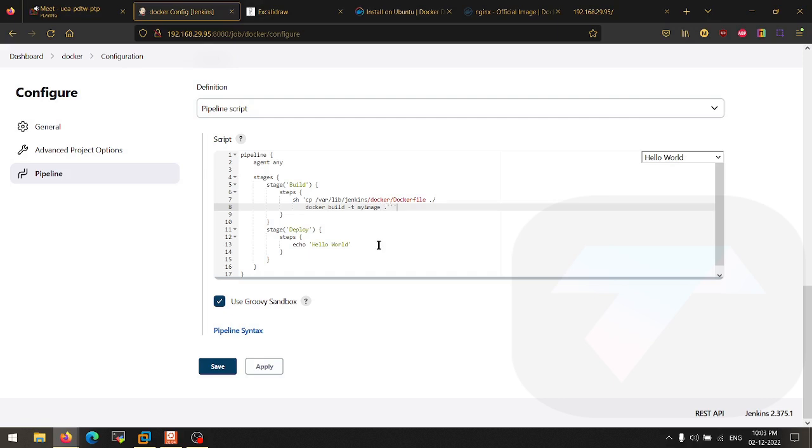Now as you guys can see, there's some issue in the syntax, so I'm just using triple exclamation marks so that it can go whole green. Now this will be working fine. There will be no issue in executing this command. Docker cp, first of all we will be copying this Dockerfile into the same directory, then we will be using this command docker build -t my image and dot, that means the Dockerfile.